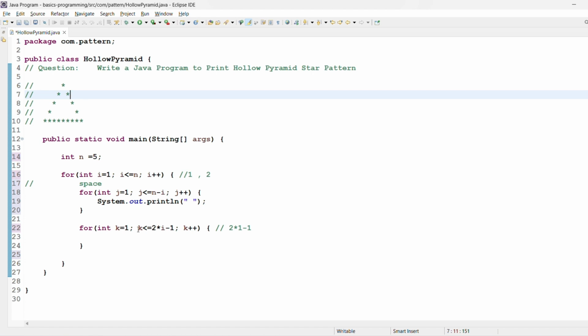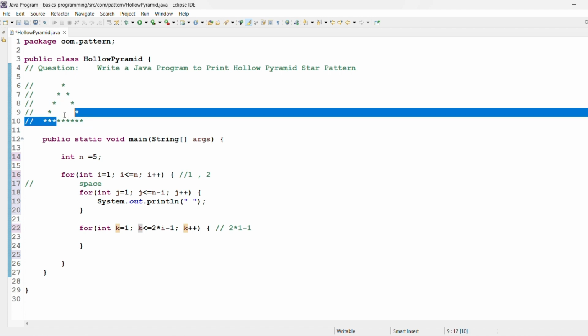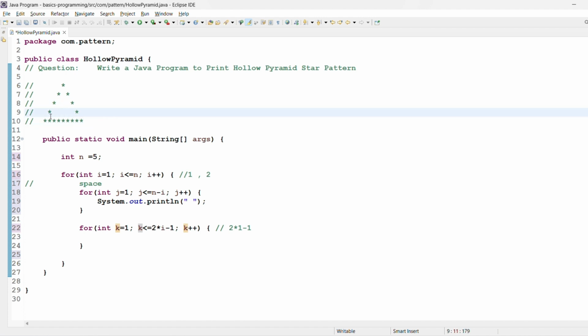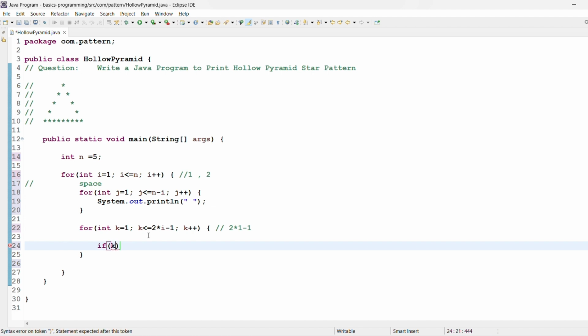So if after this condition I print this out with System.out.println, we will get a star from every place. Everywhere we will get the star. But we need a star only on the border line. For that reason, we need a condition. The first condition is, if k is equal to 1,